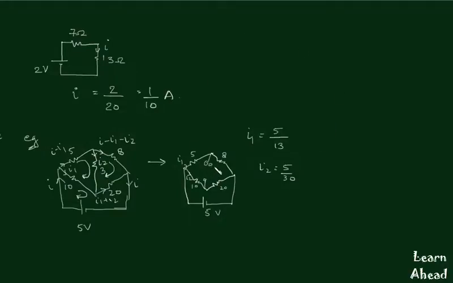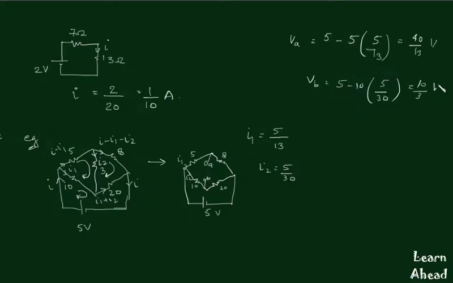So if this terminal is A and this terminal is B, then VA is equal to 5 minus 5 multiplied by I1, that is this. This comes out to be 40 by 13 volt, and VB will be equal to 5 minus 10 into I2, this current, and this is 5 upon 30, and this will be equal to